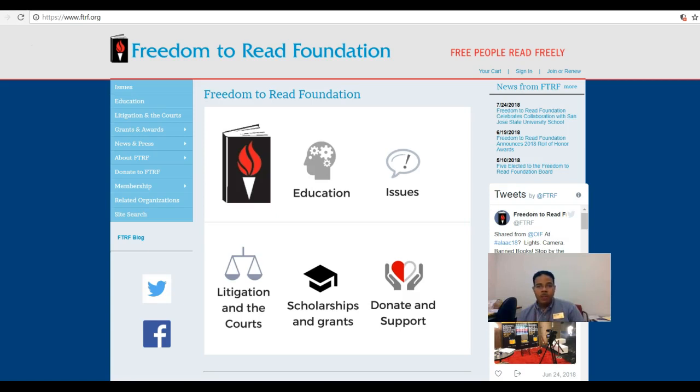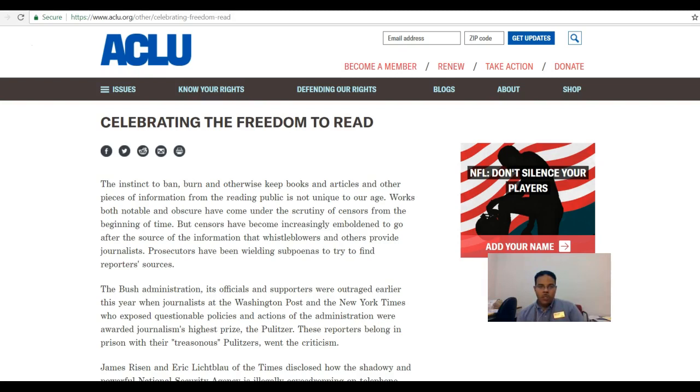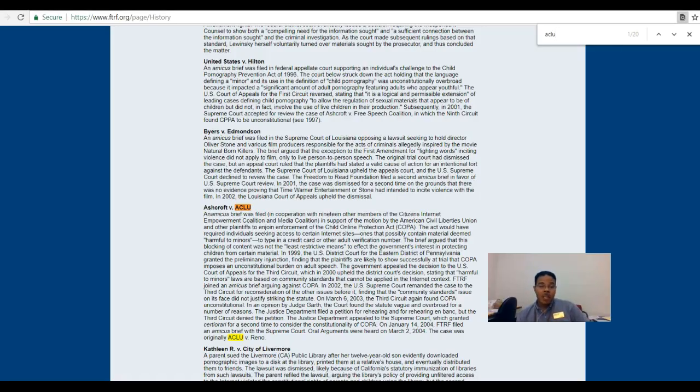There are some other groups that have their hands in intellectual freedom and the right to read as you wish to read. One is the Freedom to Read Foundation. And this is naturally also a big deal with the American Civil Liberties Union. They do have a page devoted to celebrating the freedom to read. And ACLU does have a legal wing and lawyers who do litigation to fight for the civil liberties of people within the United States of America. And so they have been involved in some litigation regarding intellectual freedom, and those would include